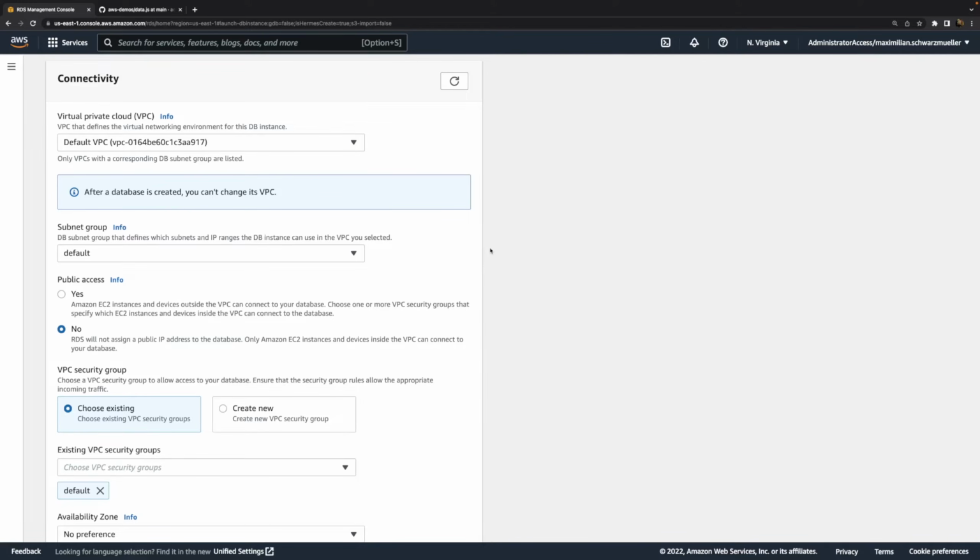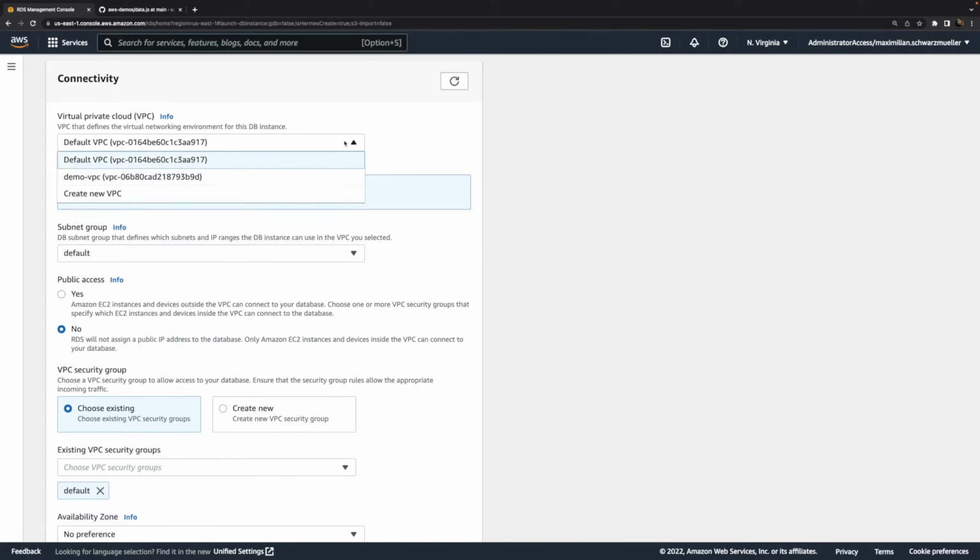Because whilst you want to reach the database instance from your other workloads, for example from the website running on another EC2 instance, you might want to make sure that there is no technical connectivity to the internet, so that requests from outside your VPC can't even reach the database instance. Therefore, it would make sense to launch the database instance into a private subnet, because then other devices, other EC2 instances, for example, that are in the same VPC can still reach the database instance, but devices outside of the VPC can't reach it.